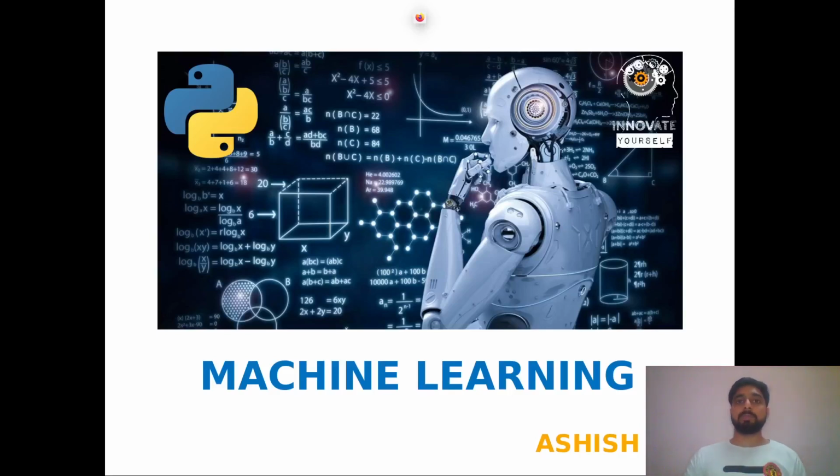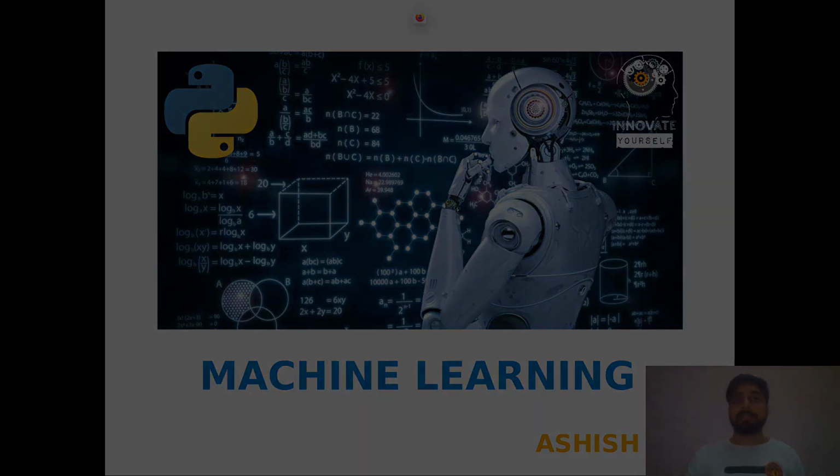Like in the previous videos, you have already seen how you can work on NumPy and Pandas. In short, we have already seen how we can work on data and how we can manipulate that data, right? So this is all that we have already covered. Now it's time to finally start with the machine learning algorithms which we are actually here for, right? So let's get started and understand the first algorithm of machine learning.